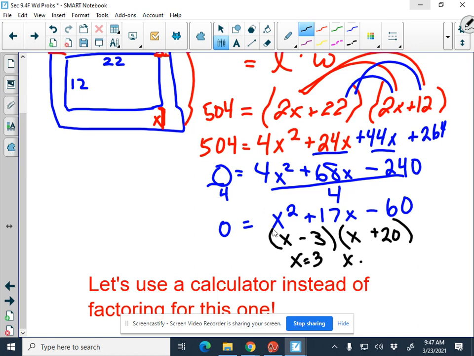That's where it crosses. X equals negative 20. That one doesn't work anyway. So if x is 3, that's how wide our sidewalk is, or our patio around this thing. I know there's one more, but we're going to call that one good so we can